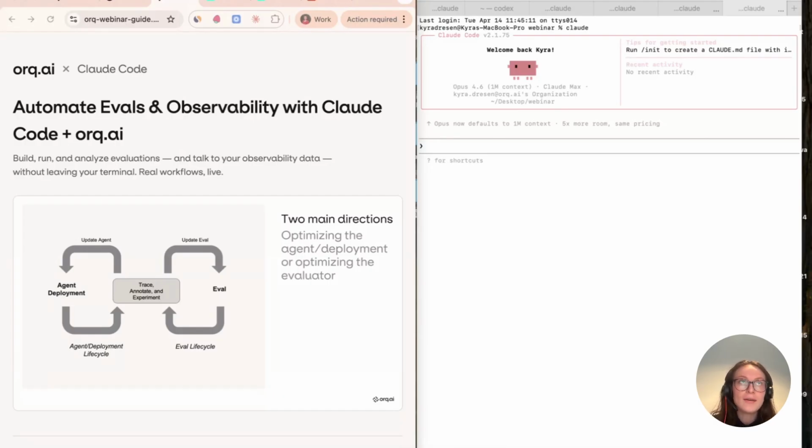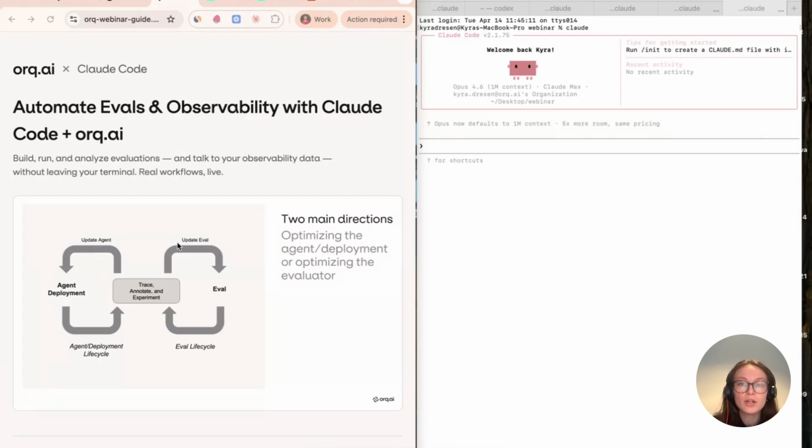On the left side here, you see the iteration you can do on your agent or on your deployment or on your agentic workflow. But obviously, if you use an LLM-as-a-Judge to measure the quality of that system, your evaluator is an AI feature in and of itself, and it needs to go through the same life cycle.